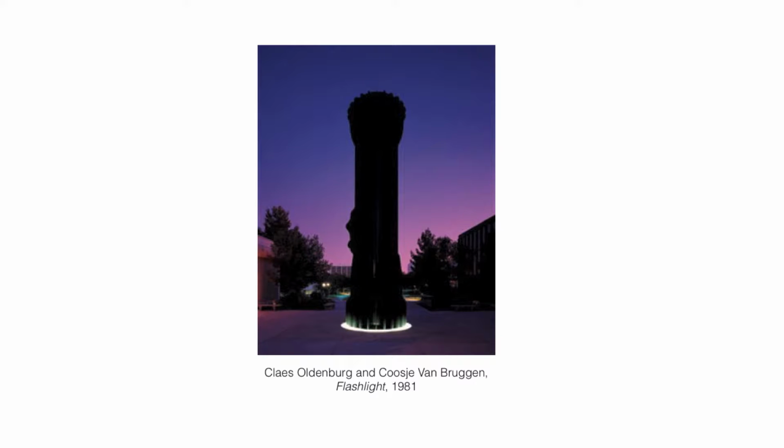Oldenburg and Van Bruggen are really interesting, and I'd be curious to know what you think about this, but it's something that you know about through art history. You see it's common, it's everyday, somewhat camp and kitsch at the same time. And yet I've recently become more obsessed again with Oldenburg and Van Bruggen because I think what they do, this idea of being both monumental and also anthropomorphic at the same time, is brilliant and also falls neatly into this definition.